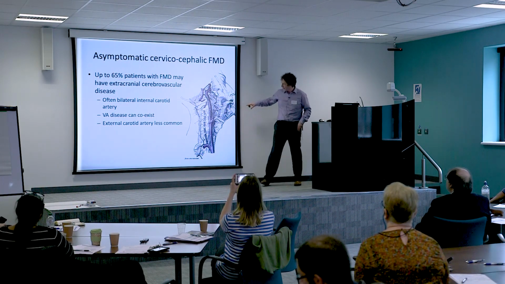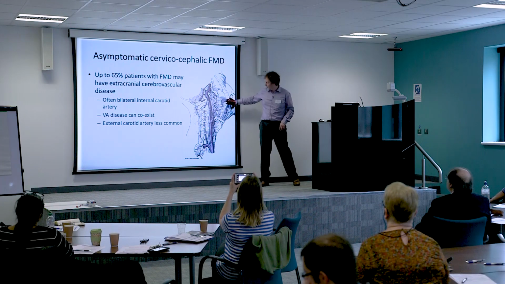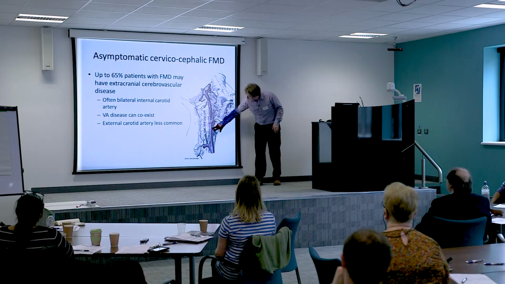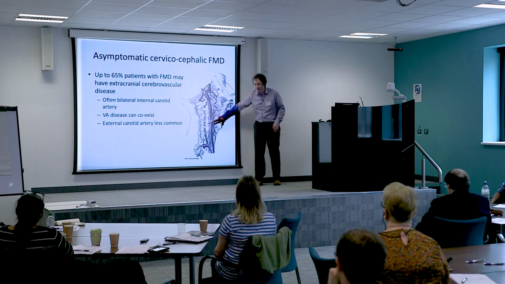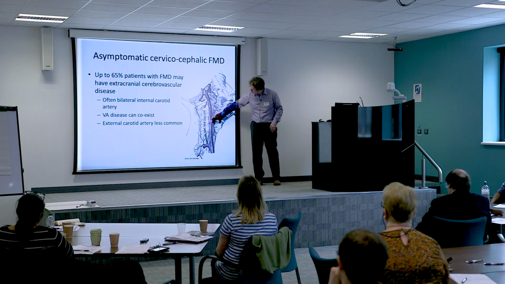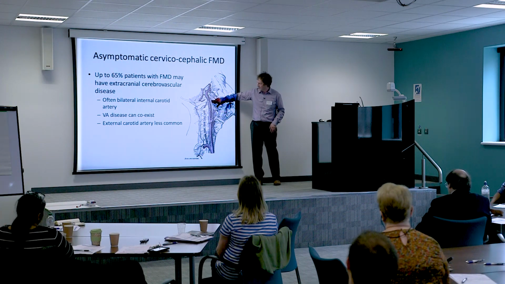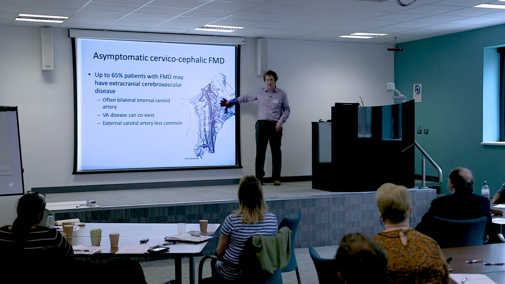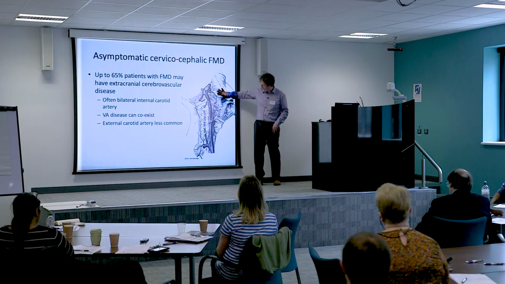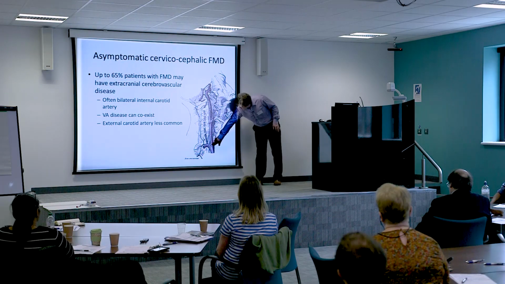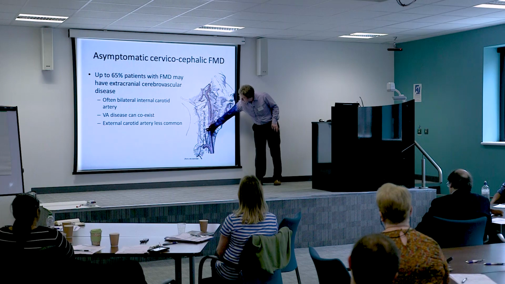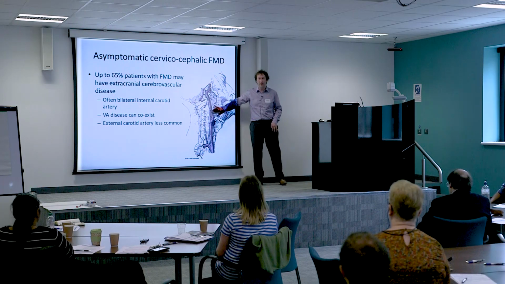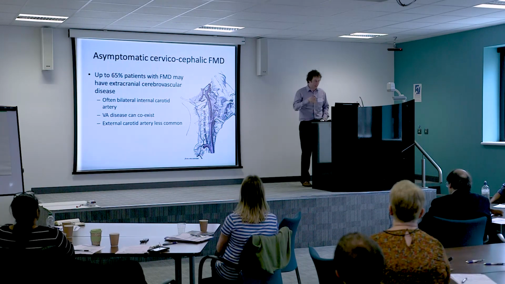So what I'll just show you here is a drawing, of course, from Gray's Anatomy, I think, originally. And you see here the common carotid artery, which is the main blood vessel that goes up to supply the front of the head and the brain. This becomes the internal carotid artery, which supplies the vast majority of the circulation of the brain. And then the external carotid artery, which predominantly supplies blood vessels outside and the head and the scalp. And then you have the vertebral artery, which supplies the back of the brain. So that supplies the area of the brain called the cerebellum, and then the occipital lobes,